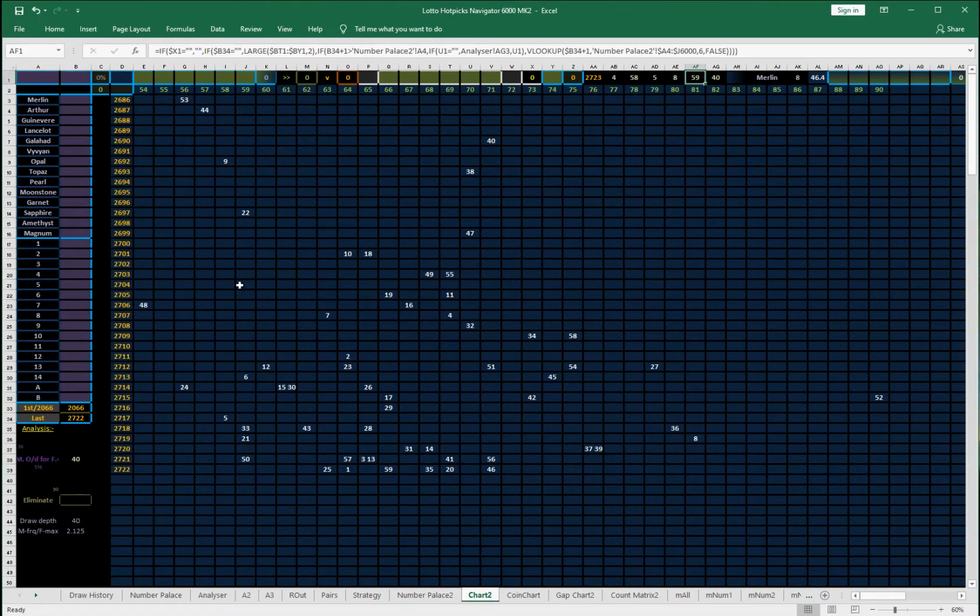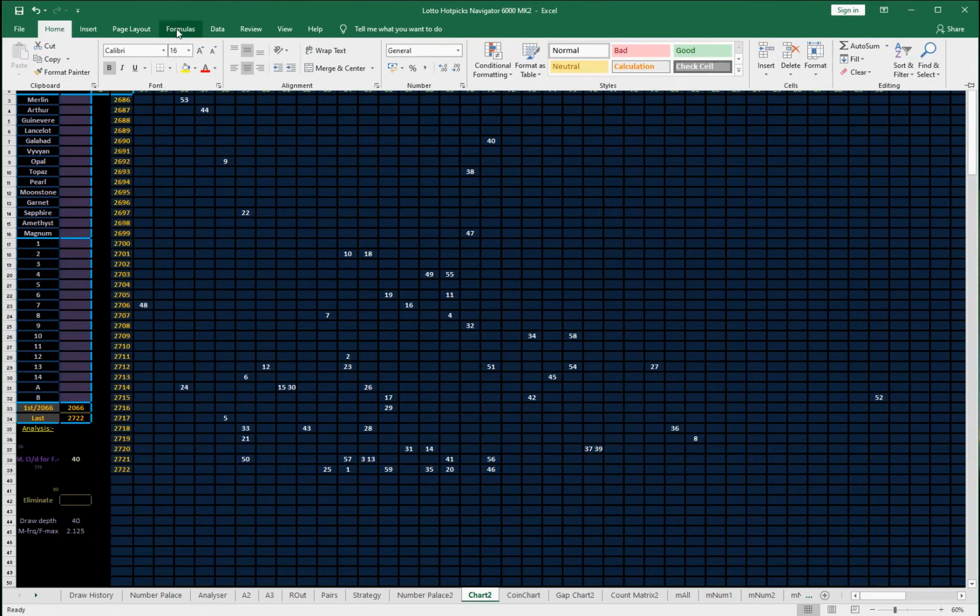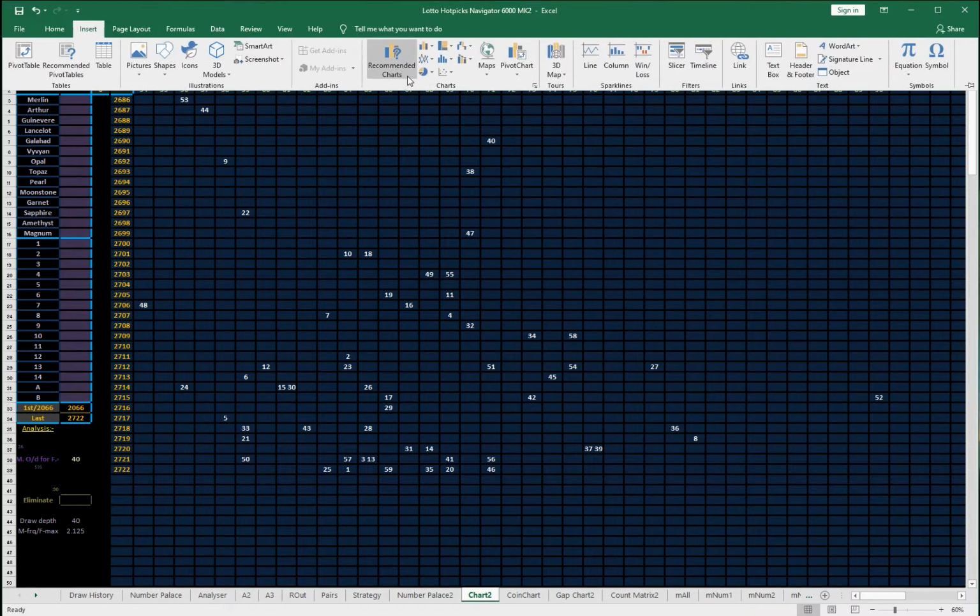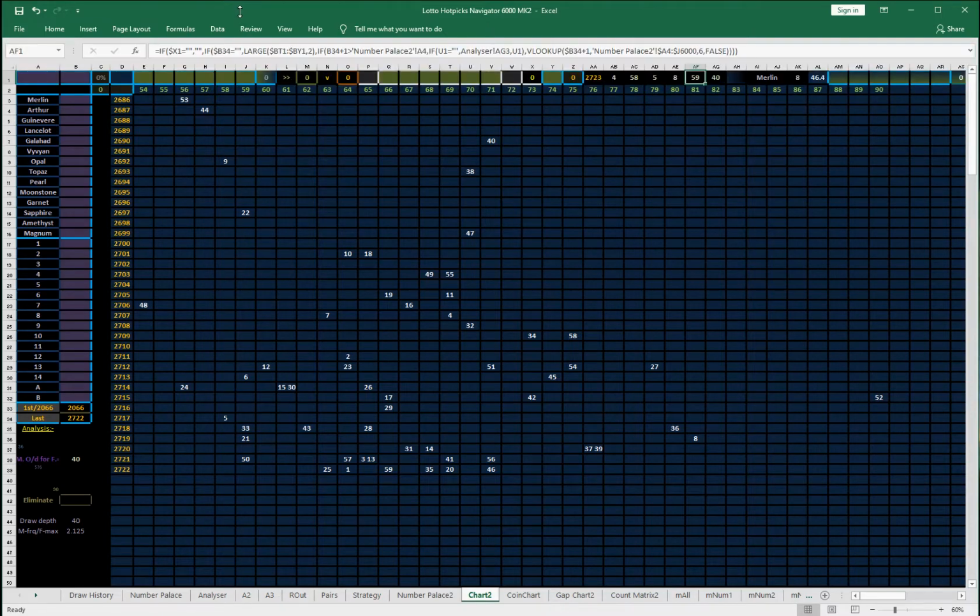Now I could just use one of Microsoft's charts, one of these. Where are they? Insert. I could use one of these, but they're rubbish, absolute rubbish, those charts. I prefer just to use the sheet itself as the canvas for the chart. So